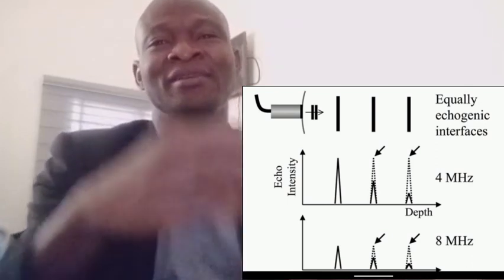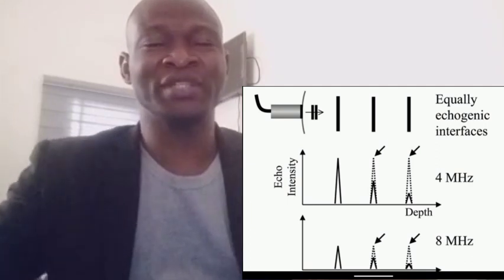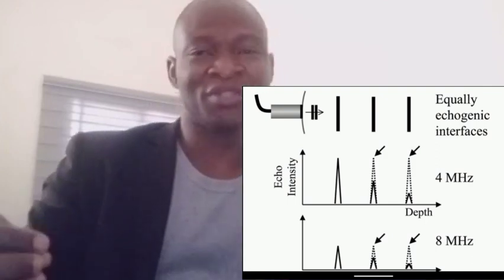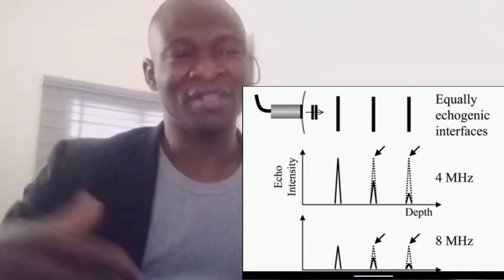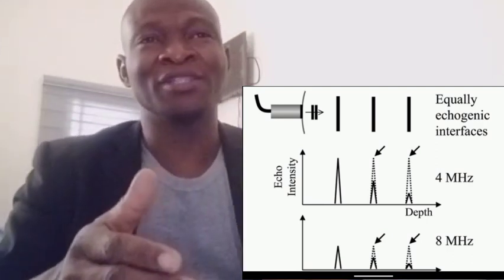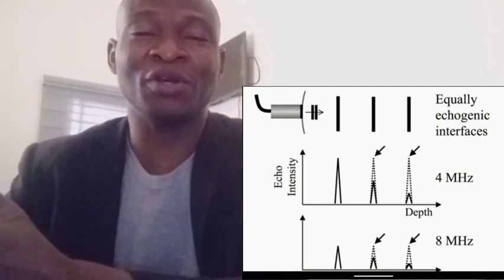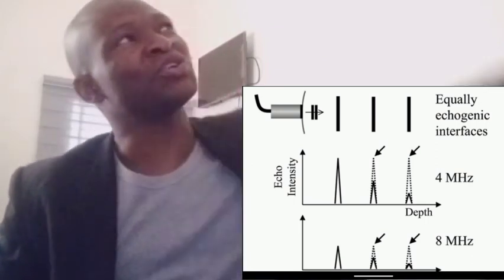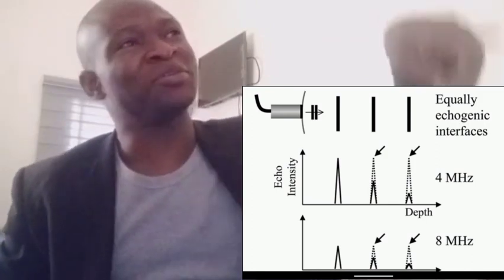Then a weaker ultrasound gets to the next one. So a much weaker echo is returned because there are also losses as the echo travels back and scatters. And as it gets to the last obstacle or object, it gets even weaker. So you can see on the graph, you have a stronger amplitude from the beginning, weaker, then the weakest at the end. And you can vary that with frequencies, but basically, just to give you an idea